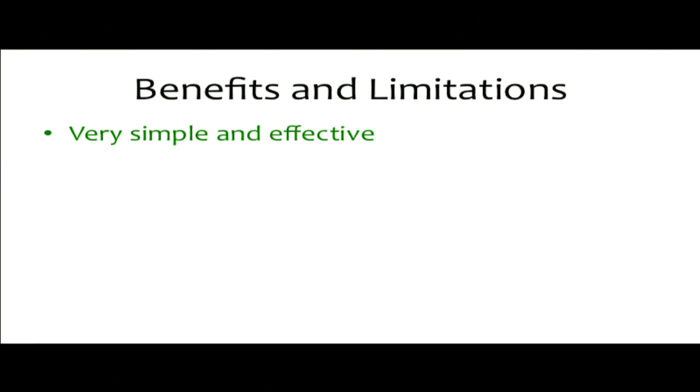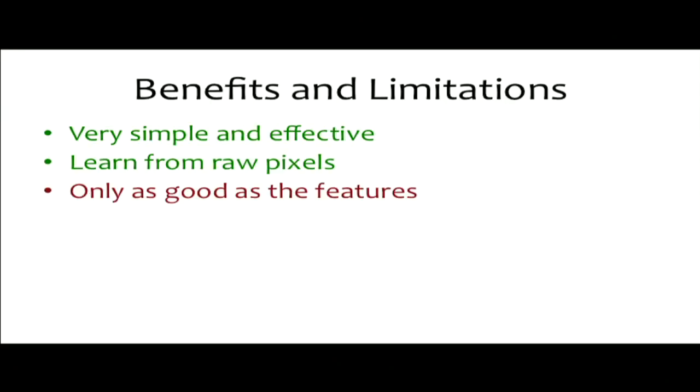So some of the benefits of this are that it's very simple and effective, and they're able to learn from raw pixels. The way that it handles the domain shift is just by using features that were pre-trained on ImageNet that aren't necessarily encoding the differences between a robot hand and a human hand. The limitation is that it's really only as good as the features, so it does require these features ahead of time, and if the features are classifying between a robot hand and a human hand and are ignoring the door, then it's not going to work very well.